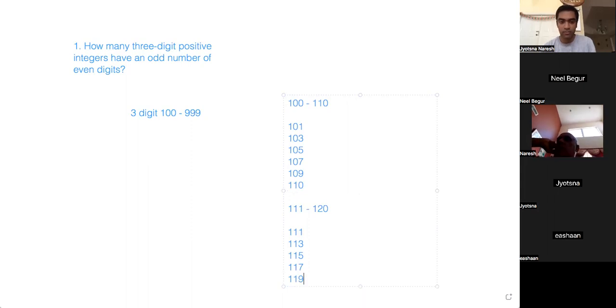And then I noticed a pattern, because it was 6 for 101 to 110 and 5 for 111 to 120. And then I also did 121 to 130, and there were 6 there. So then I just used the pattern of 5, 6, 5, 6, 5, 6, and found that there were 55